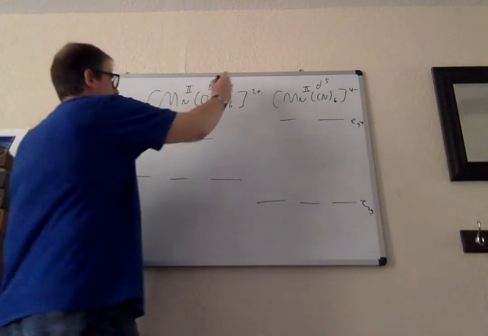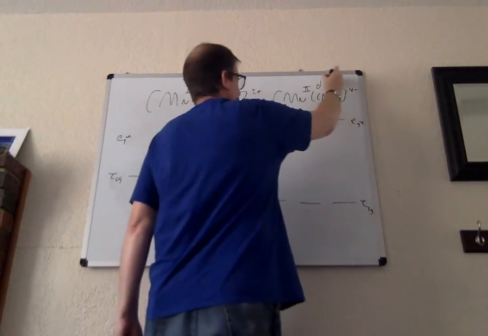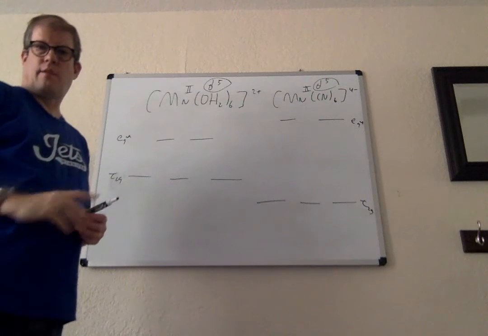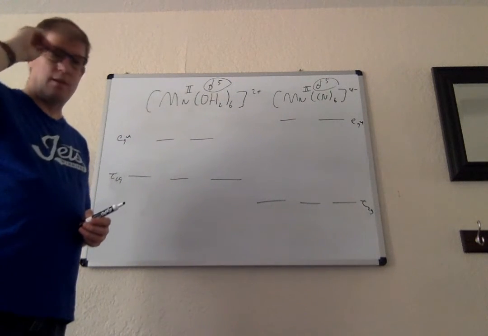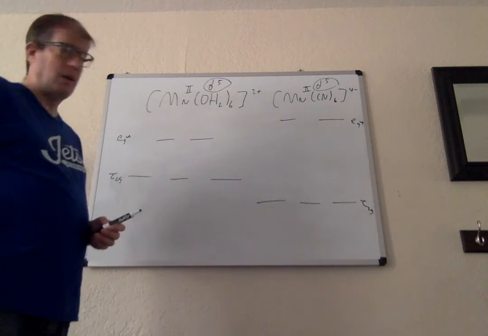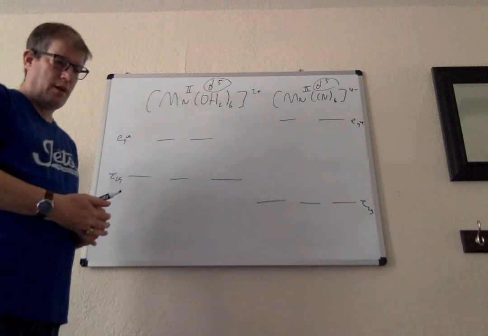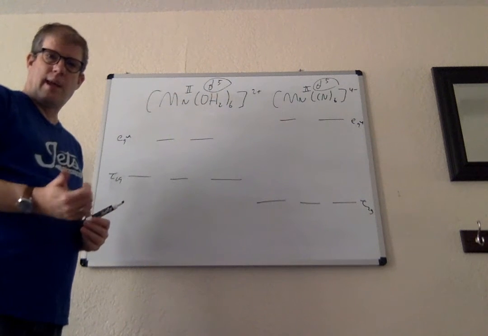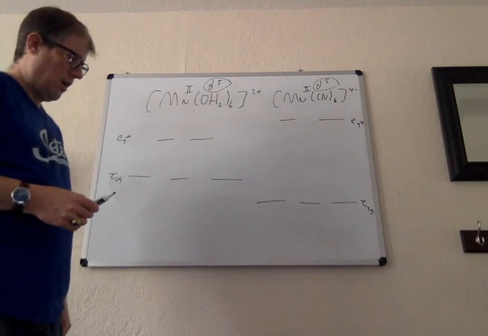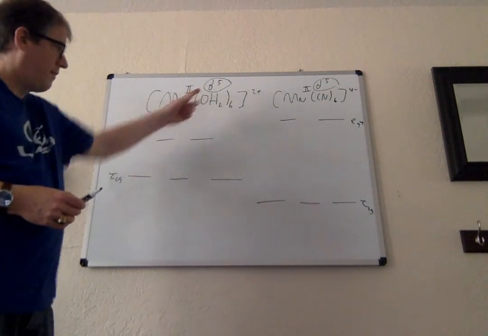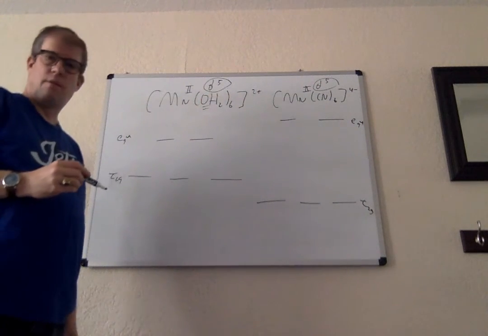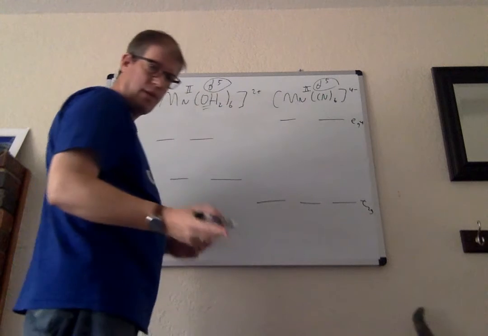All right, we have d5 electrons in both of these cases. They're both manganese II, so the metal oxidation state doesn't change. That's actually important too, something we have not talked about, so you can worry about that in another course as well. But you can't do this comparison if you change the ligands and the oxidation state of the metals. We've got to keep that the same, which is what we've been doing. So we have d5 electrons, we have an oxygen donor. Comparing the two,